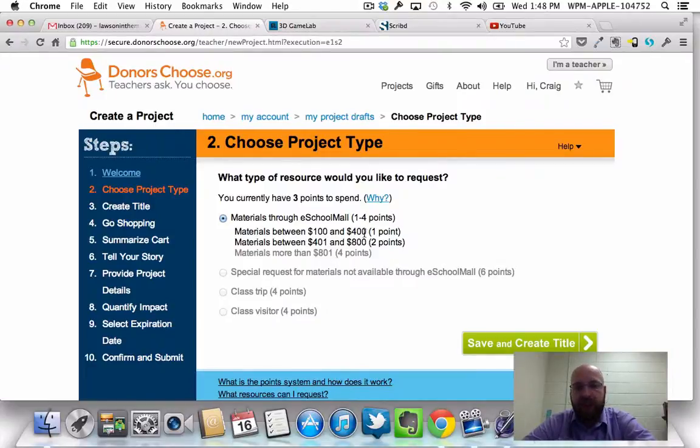So we have these things called points, and again, $100 to $400 is 1 point, $400 to $800 is 2 points, and then obviously more than $800 is 4 points. Also, they've got like class trip, class visitor. Those things you kind of unlock as you've had projects funded. So it's kind of like one of those things where you level up, or you earn an ability to put in larger requests for maybe larger purchased items after you've done it a couple times and it's been funded and